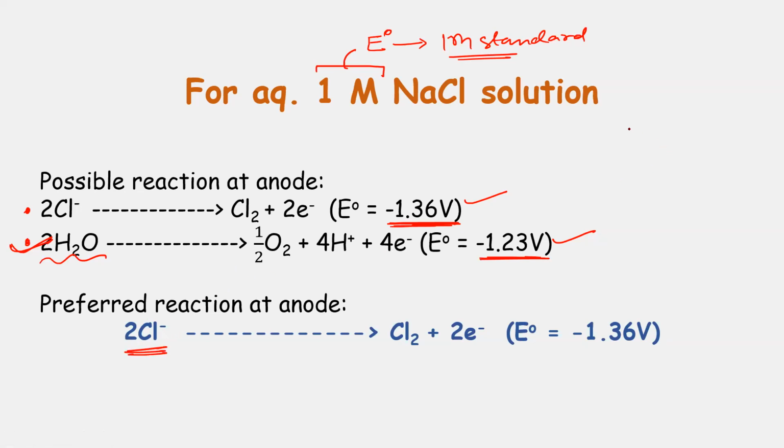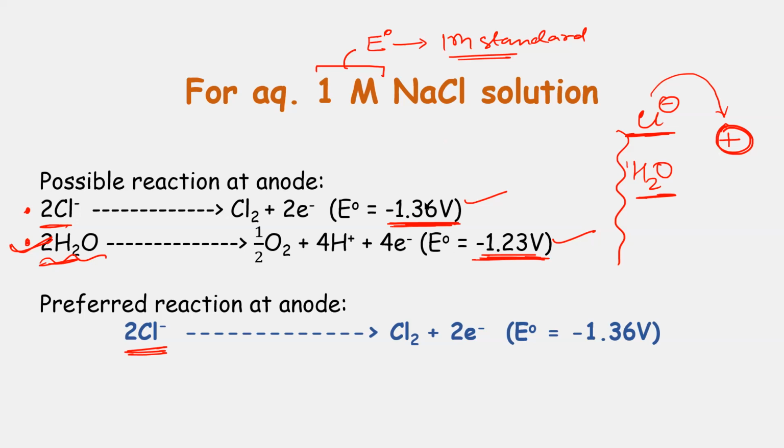Now, why chlorine? They gave a few reasons. The difference in EMF is not very high, and we have chloride and we have water. Which of them will move faster toward the positive charge, a neutral species or a negatively charged species? Negatively charged. That means the kinetics of this reaction, the movement of chloride ions, is faster than H2O.